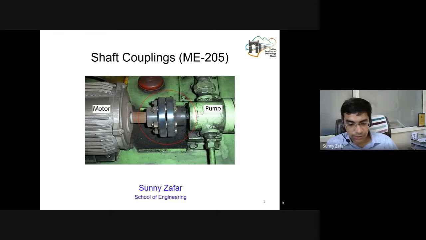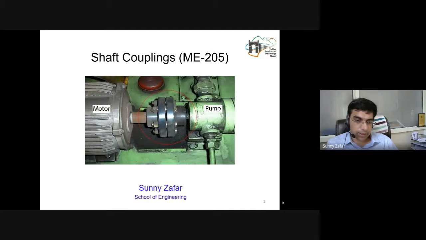Now, what we are discussing today is the continuation of the same, but now everything is coupled together. Earlier we understood how to draw the nut and bolt separately, how to draw the shaft separately, how to draw the key separately. Now what we are doing is coupling everything together. Before I jump into the different types of couplings, it is very important to understand from an engineering perspective what these couplings are and what their application is.